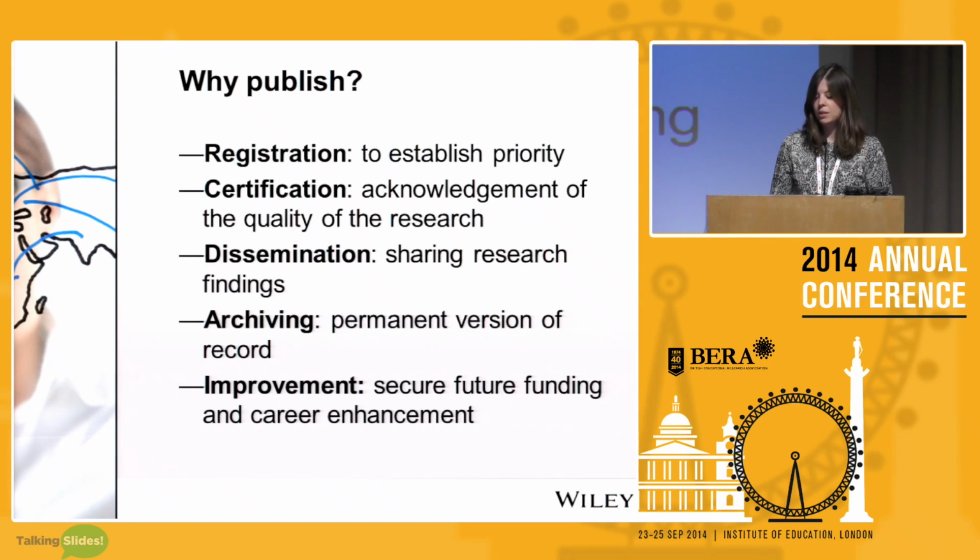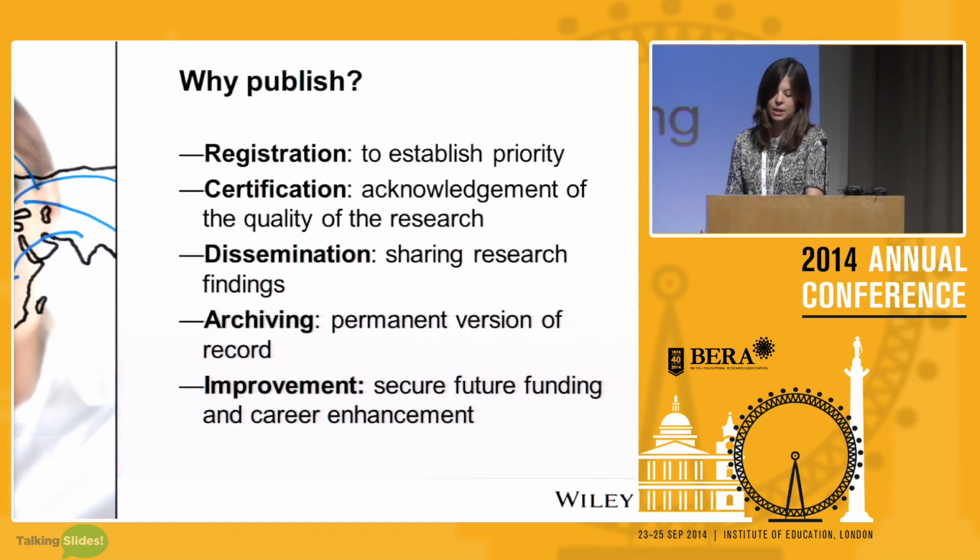Secondly, certification. A peer-reviewed journal means that the articles published within its covers, whether those are real print covers, as we say, or metaphorical online covers, are given the quality stamp of approval by reviewers. Dissemination. In an online license world, publishing in a journal means that thousands of libraries and hundreds of thousands of readers will have access and be able to read your content. And archiving. Publishing in a journal gives a guarantee of preservation and your version of record being kept for posterity. And finally, improvement. We all know that publishing articles in journals is helpful for the career of an academic.